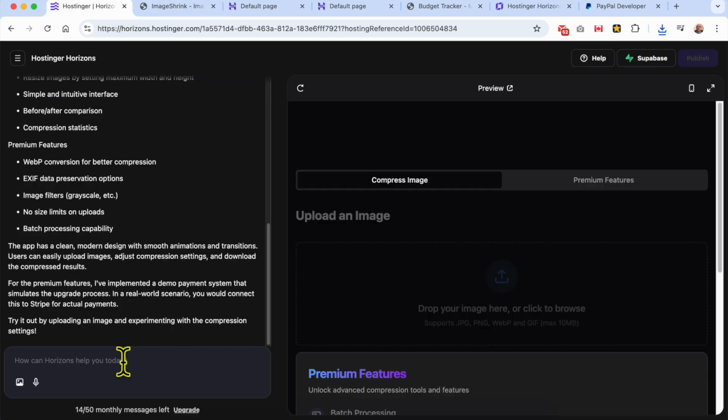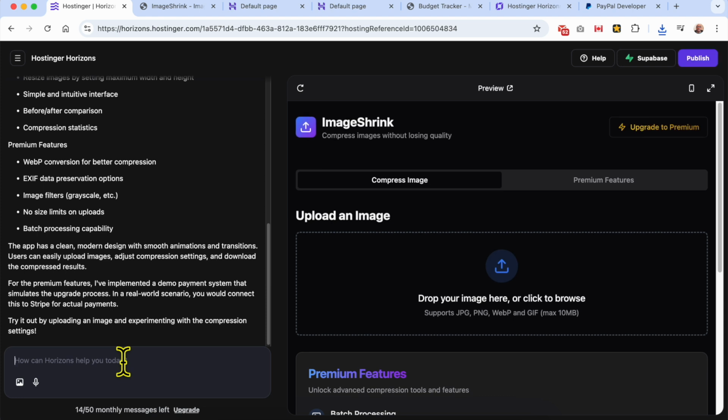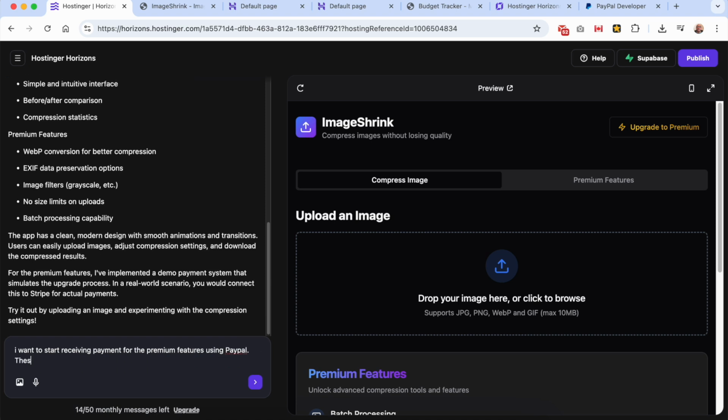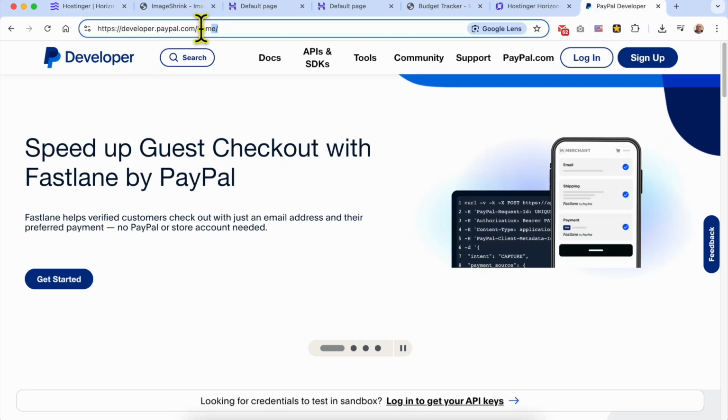Now my prompt will be something like, for example, okay, I want to start receiving payments for the premium features using PayPal. These are my info. And now go to PayPal to this address, which is